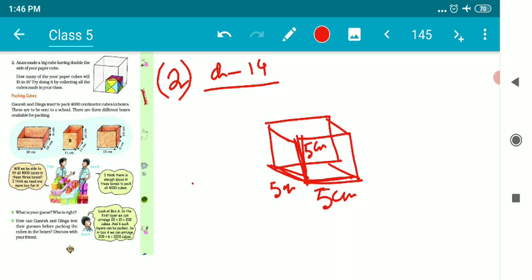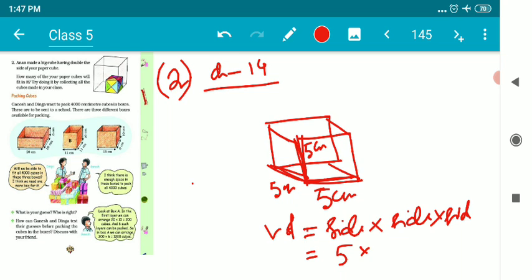Alright, so all three sides are 5 centimeter, 5 centimeter, and 5 centimeter. So children, it's quite easy for us, which we have already learned in the previous class, how to get the volume of a cube. As we all know, the dimensions are the same. So the volume of this particular cube is equal to side into side into side. So it's 5 into 5 into 5. That's 5 5s are 25, 5 25s are 125 centimeter cube. So the volume of this particular cube is 125 centimeter cube.